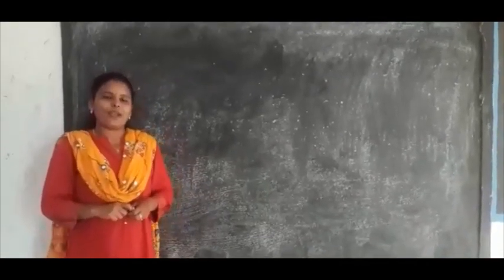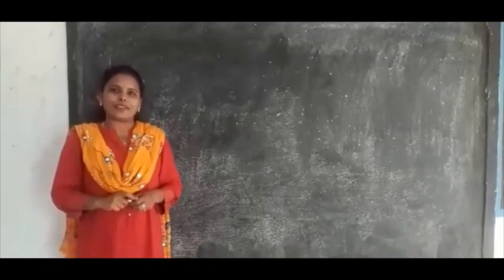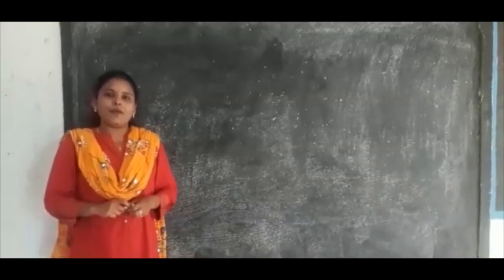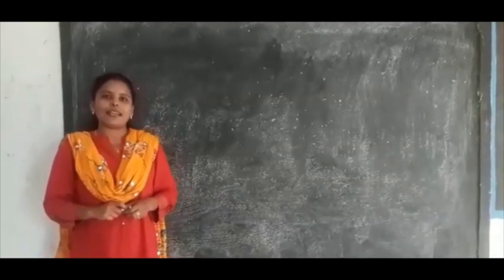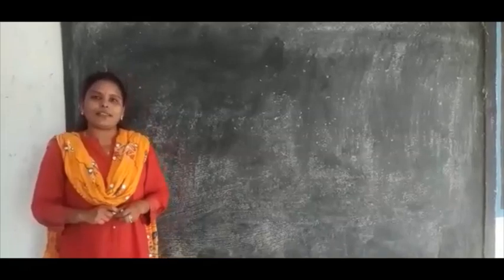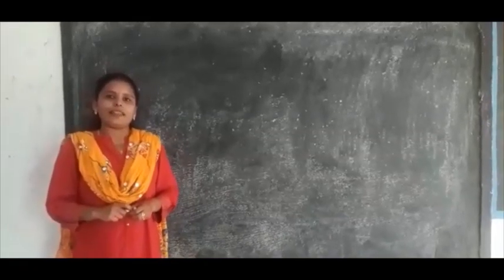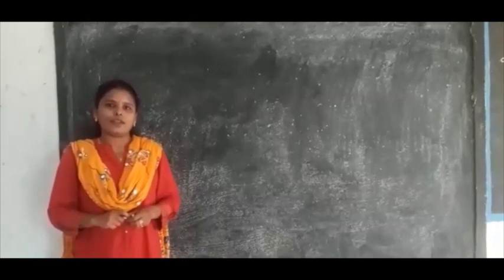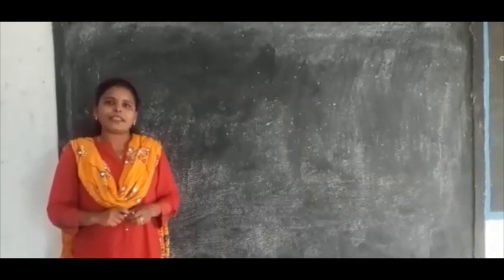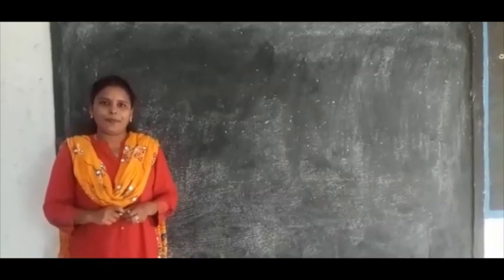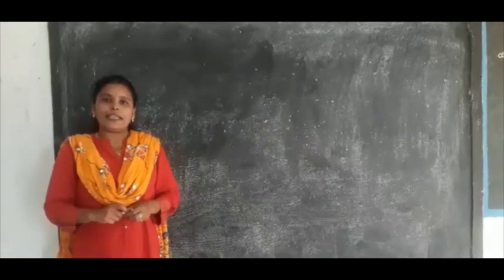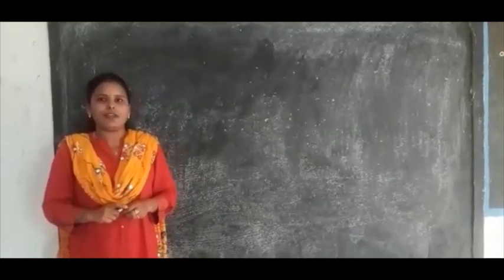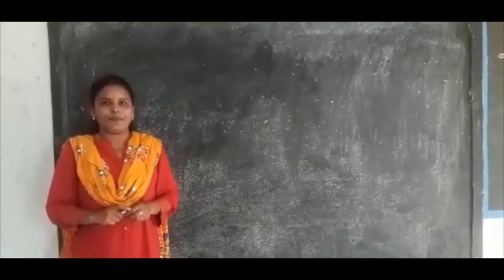In the first class, we have learnt about introduction of addition. In that, we have learnt what is called an addition, what is the symbol of addition, what are called addends, and what is called sum. Now, in this class, we will learn about addition of numbers without carrying. Means simple addition we will learn today. And we will also learn that even if the order of the addends changes, the sum does not change. That also we will try to solve today.